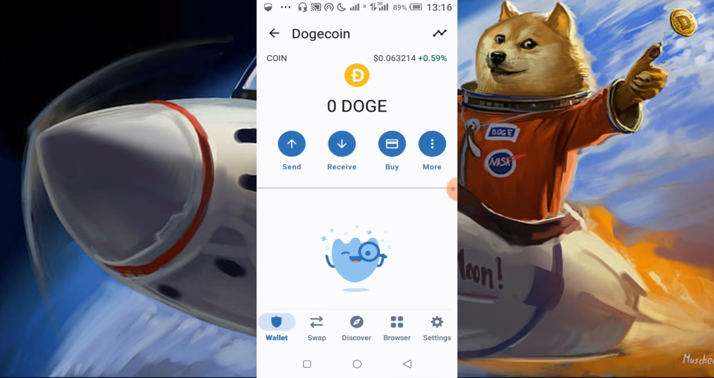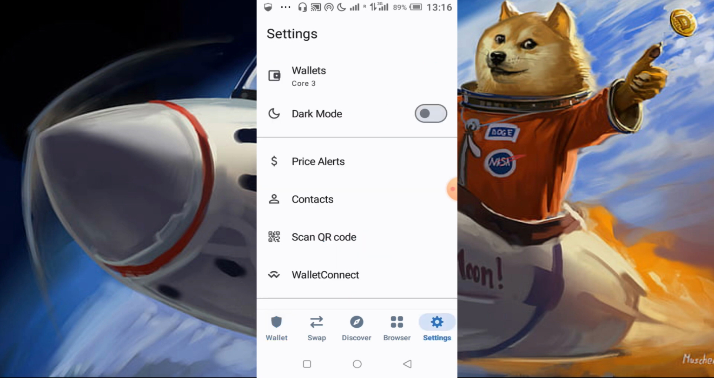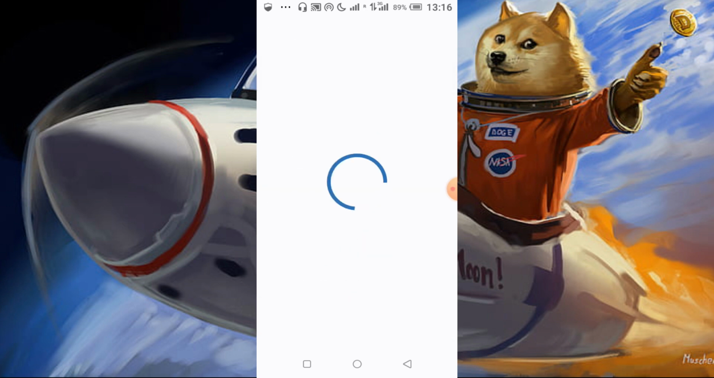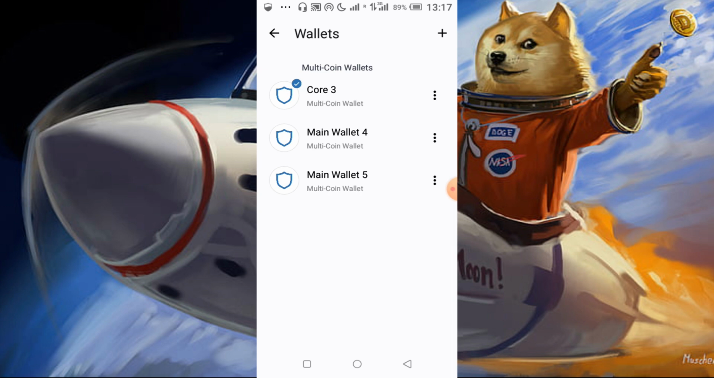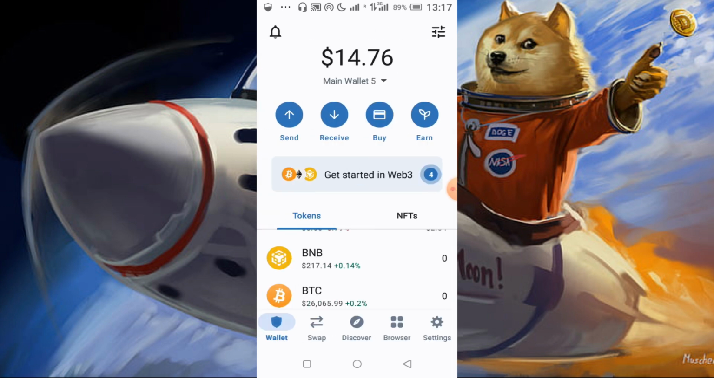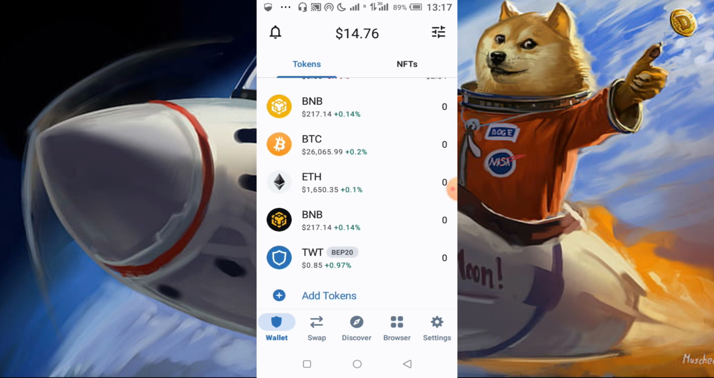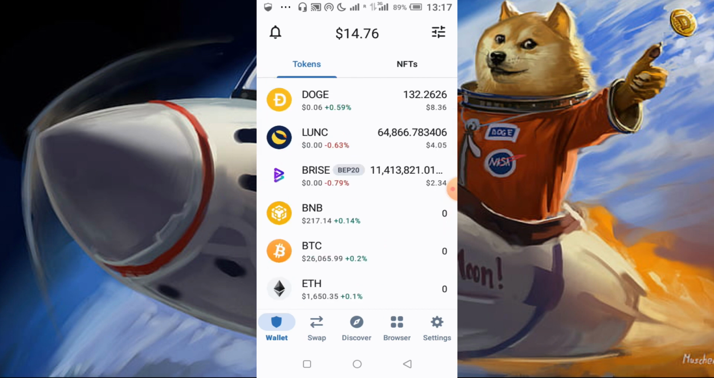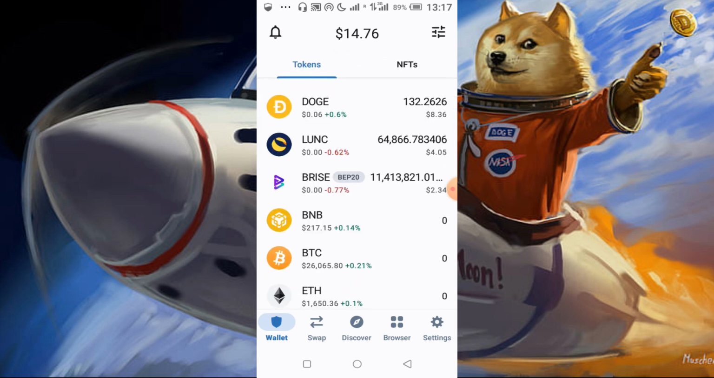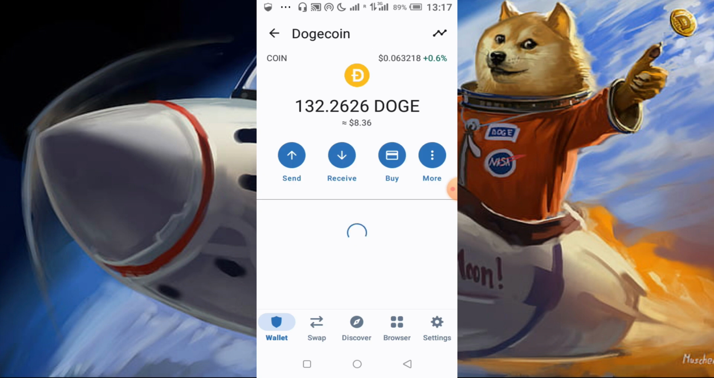Now we will locate our Dogecoin. Wallets, it's on main wallet 5. I think that's where my tokens are. So let's locate Dogecoin. So this is Dogecoin. Now we have Dogecoin here and we want to send some of it. Just click on send,